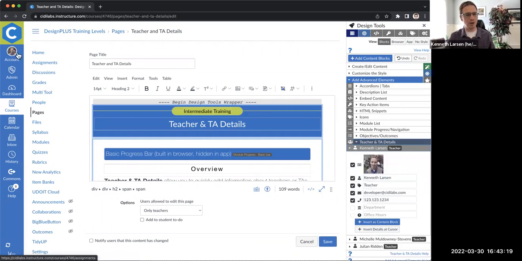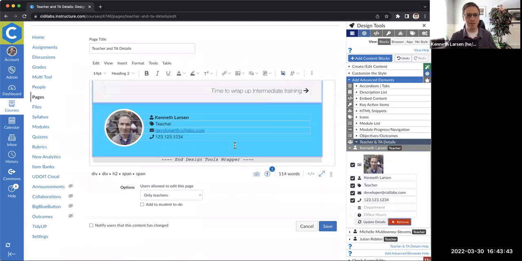What it's going to do is go grab their user profile image from Canvas. Their name is set in Canvas, their role as teacher or TA, their email address is set in Canvas, with also the ability to add things like a phone number, department, or office hours. These last three just get saved in the browser, as a cookie kind of thing, so that it can remember it when you're working on other courses. But if I go ahead and insert that as a content block, I get basic information about the teacher there